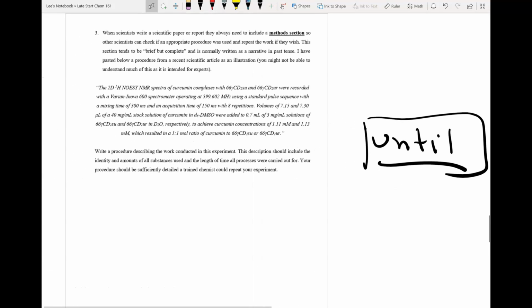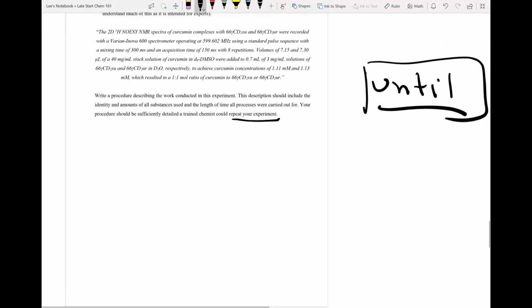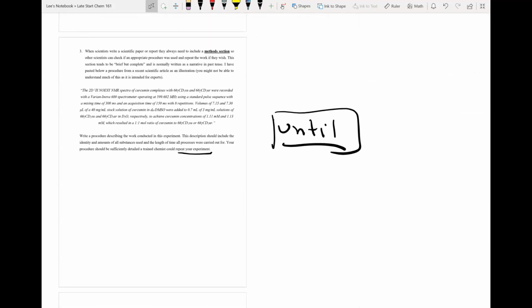But you need to be very clear on the identity of things, and you also need to be very clear on the amount of things, because the idea is that somebody could use your procedure to repeat your experiment, and if you don't have identities and amounts and times of things, then that's not going to happen. So in this case, keeping all of these things in mind, this is how I would begin. He's going to say this: